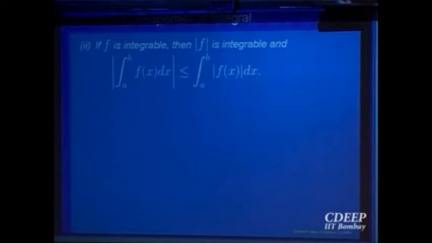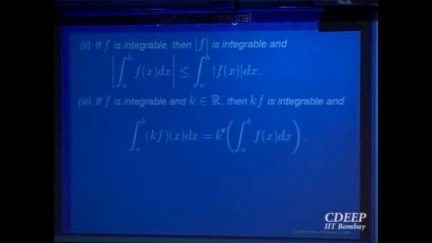Only if it is above the x-axis can you say it represents the area below the graph of the function. Otherwise, you can say the integral represents the signed area with the appropriate sign. Okay? And this property says that whether it is positive or negative, if you take the absolute value of the integral, it is always less than or equal to the integral of the absolute value, but that is a non-negative quantity.